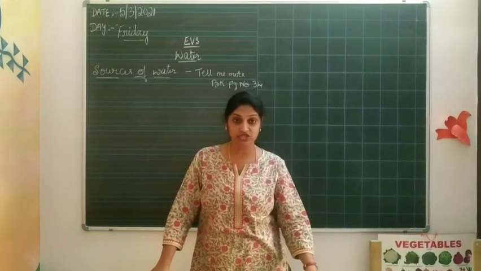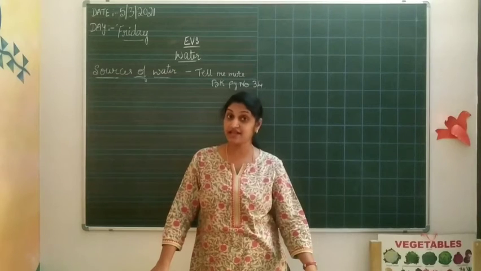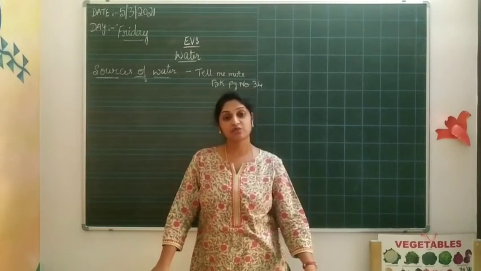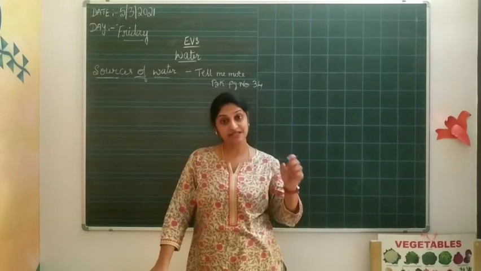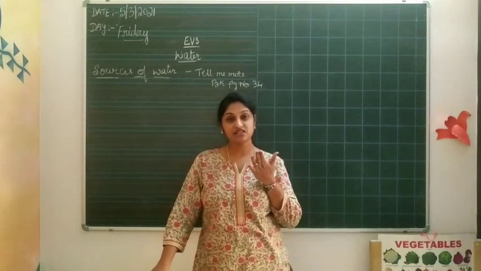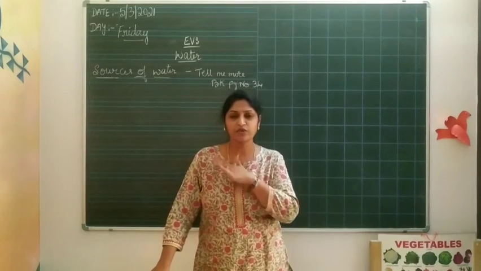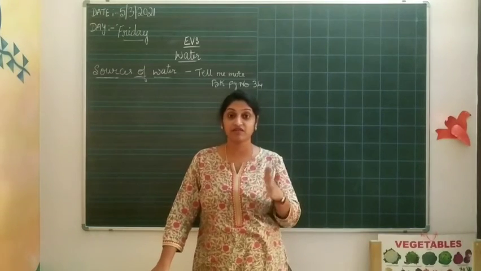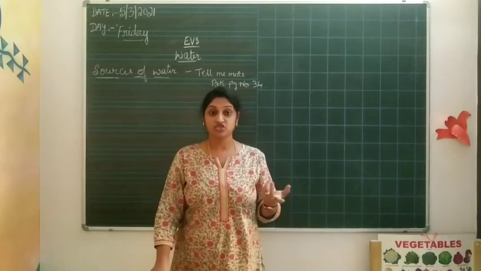Okay, next is ocean. Sea and ocean are both the same, but sea is calm water, the ocean is a vast one. We can say sea as samudra, and ocean also as samudra. But sometimes the ocean will be very rough. We can see so many waves in the ocean, but the sea will be a little bit calm. The waves are a little bit calm, and it is a place where you can enjoy your jolly rides.